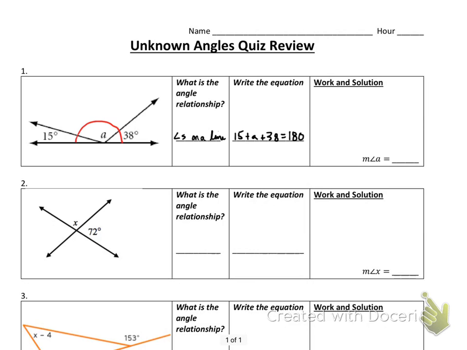And now we need to show the work. There's not a whole lot of complicated work to this one. I'll just rewrite the equation real quick. 15 plus A plus 38 equals 180. And if I add the 15 and 38, what do I get? 53 plus A equals 180. Subtract 53 and we get